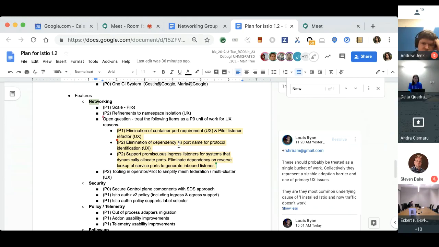Yeah. So Steve, I know this document is very new, right? So do spend some time, go over the various items, because they may be networking, environments or security, and please add to that. I'm not sure when is the next TOC meeting, if it's on Friday or the week after, but it's a good idea to bring your input as to what should make the bar, right? Sure. Thank you, Andrew. Okay. I hadn't seen this document. Yeah, it's very new. So I think that's the update for now related to the roadmap.